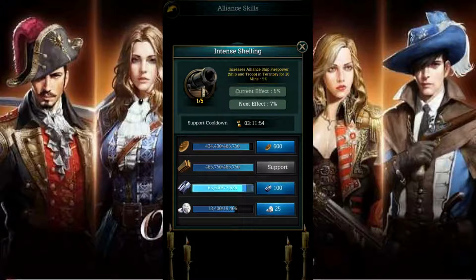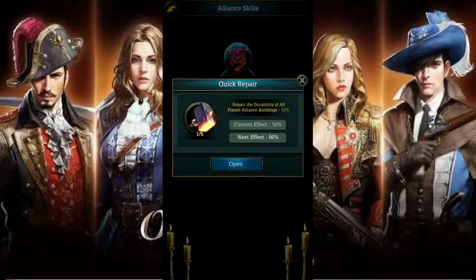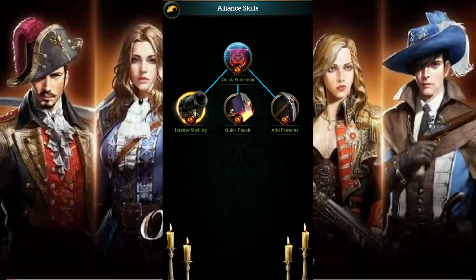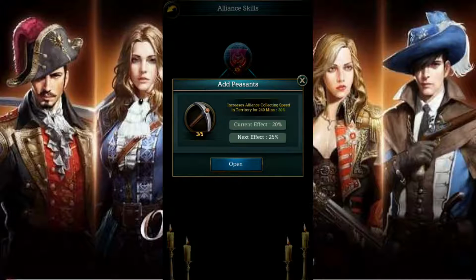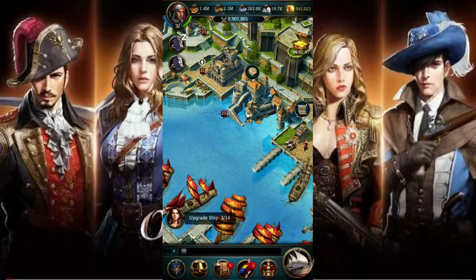And same again, Intense Shelling increases Alliance ship firepower against ships and troops. Again that only affects players that are in our territory, and it lasts for 30 minutes. At this level we're getting a 5% buff. Once we level it up again we get a 7% buff. Quick Repair repairs all of your buildings by 50%, and if we level that up you can see it will go up to 60%. Then we've got Add Peasants. This one increases our collection speed by 20%, and this buff lasts for 4 hours, but again it only applies to players that are in the actual territory. Now if I go out to the sea map,